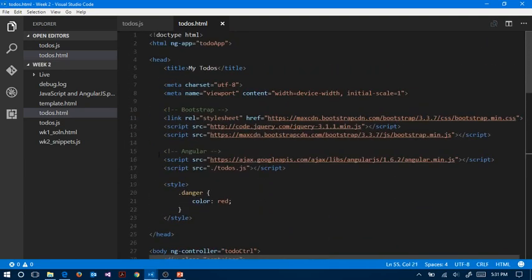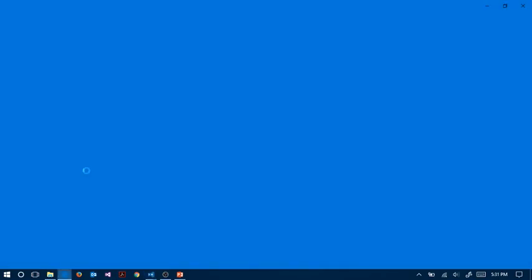So by the way, the Angular script, we use the template to generate this file, and it's on the GitHub page if you're not familiar with it. If you go to